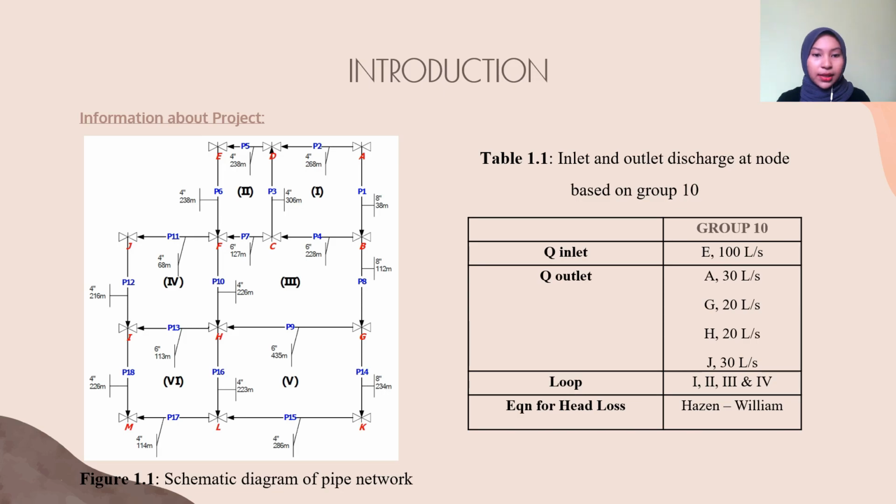Table 1.1 lists the intake and exit discharge, which for Q inlet E is 100 L per S, Q outlet A is 30 L per S, G is 20 L per S, H is 20 L per S, and J is 30 L per S. The loops involved in our calculation are loop 1, loop 2, loop 3, and loop 4, by using the Hazen-Williams equation